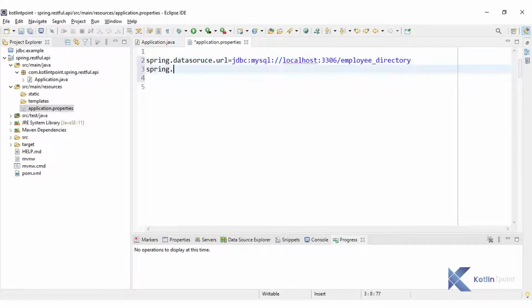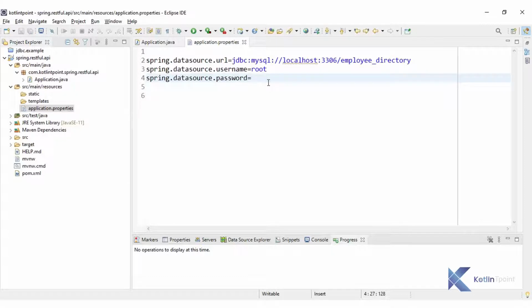Then spring.datasource.username equal to root. Then same I will repeat for password. Currently for my database there is no password, so I will put it blank.